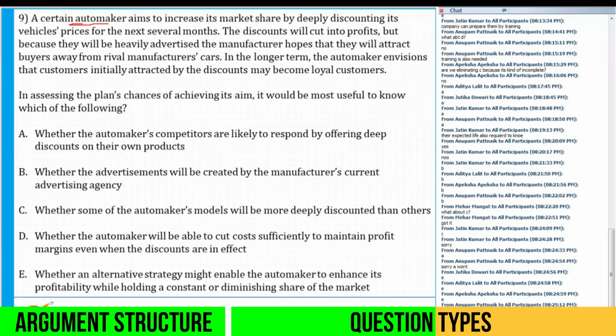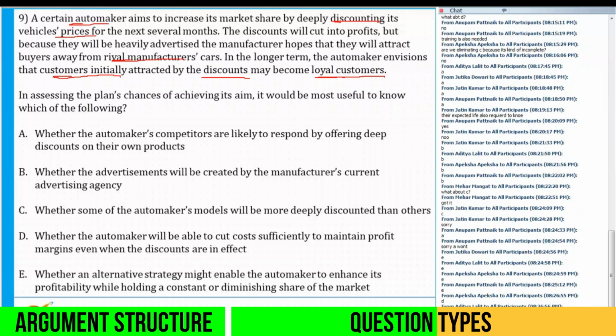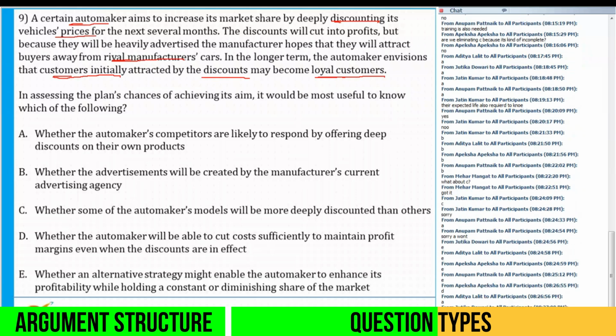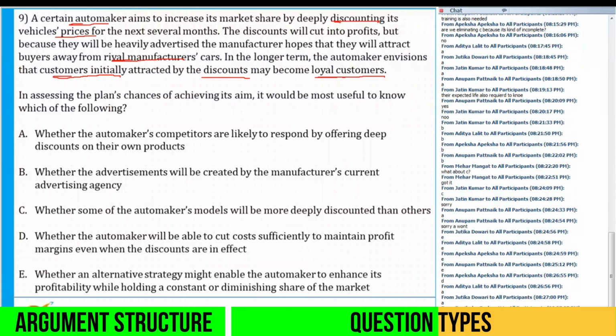So an automaker will slash the prices, he will discount the prices, he wants to attract customers from the rival manufacturers, and he believes that initially the customers that were attracted by discounts will become loyal customers. In assessing the plan's chances of achieving its aim, it would be most useful to know which of the following. So whether this plan is going to work or not work, it is very important to know what. What is very important? Number A, yes, whether the automaker's competitors are likely to respond by offering deep discounts on